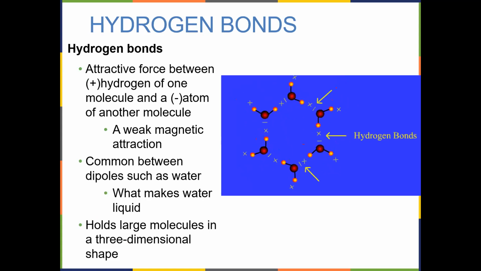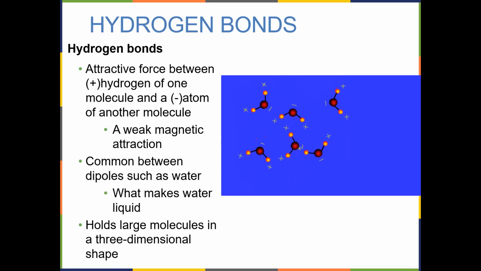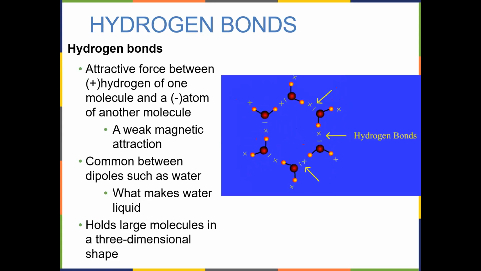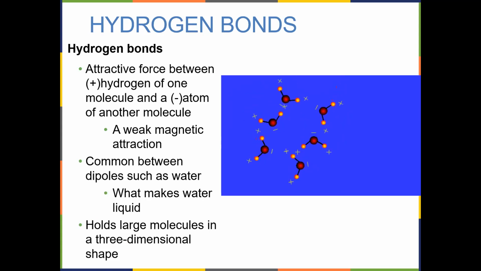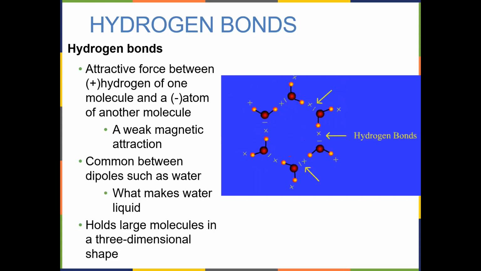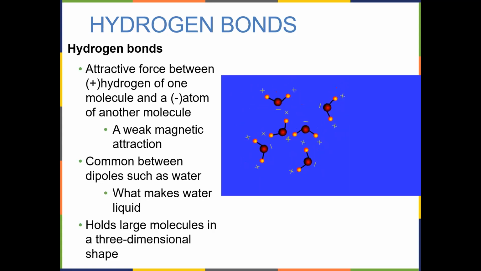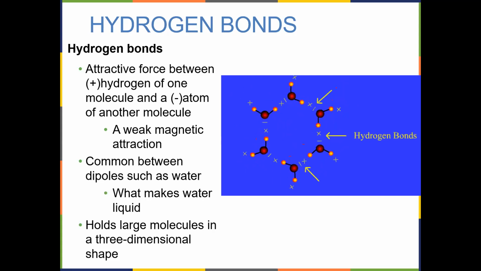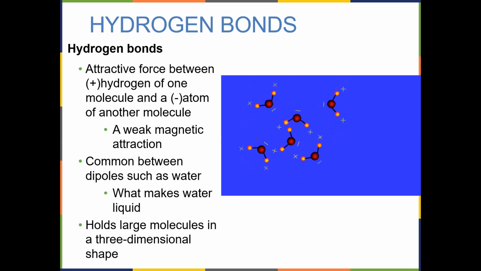Hydrogen bonds are very weak. They break all the time. The positive end of a water molecule will be attracted to the negative end of another water molecule. The positive hydrogen is drawn towards the negative oxygen magnetically. And so every water molecule will be attracted to